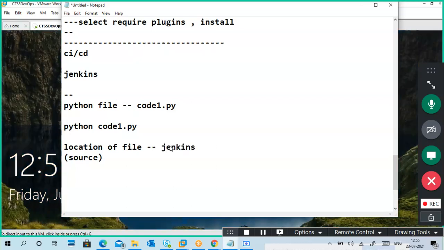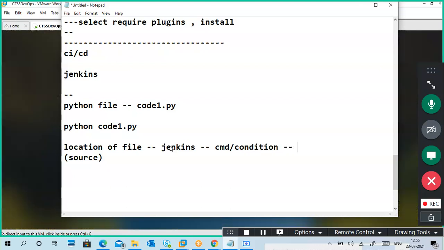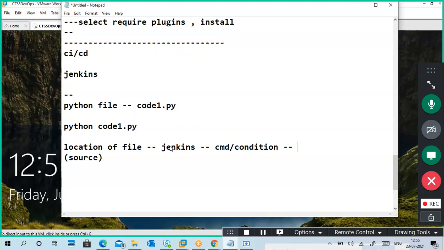Call this into the Jenkins environment and give the commands or a condition. Commands to execute, and a condition means in this condition execute like this. It can be a time trigger condition or maybe a file condition. So condition and run.